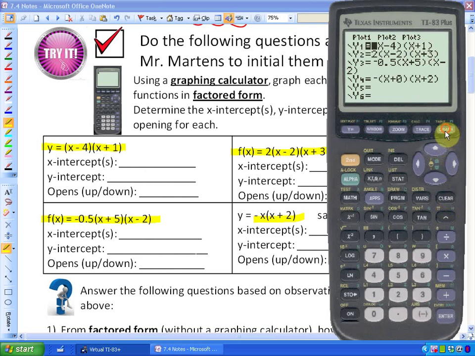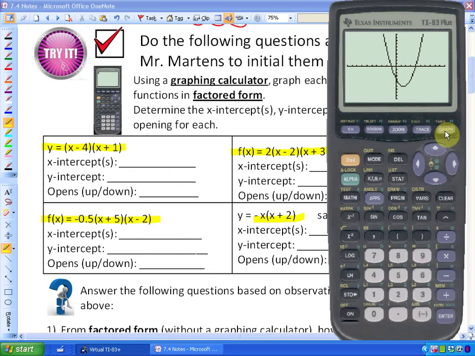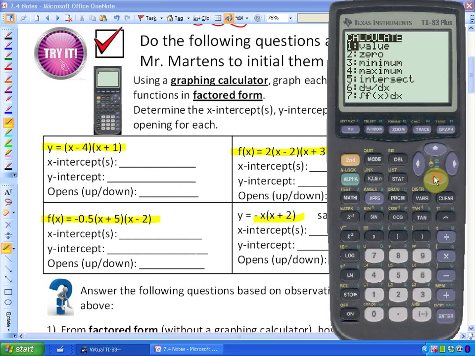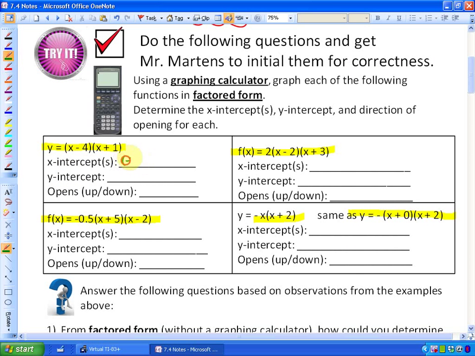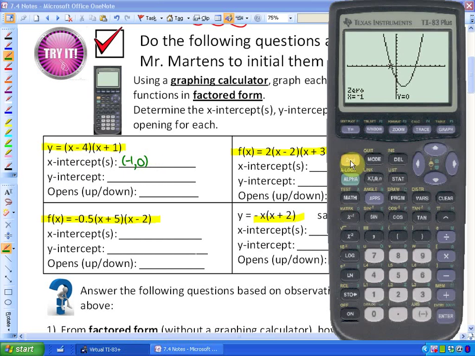So here's what it looks like. That is the function y is equal to x minus 4 times x plus 1. Let's go ahead and find the x-intercepts. You can do this visually, but I'm going to do this actually with my calculator function. So I'm going to calculate the zeros, which we learned how to do in 7.1 and 7.2 if you want to look at those lessons. So it's asking me for a left bound, a right bound, and a guess. So this x-intercept here is negative 1. So that is one of my x-intercepts. So it's negative 1 and 0. And my other x-intercept,